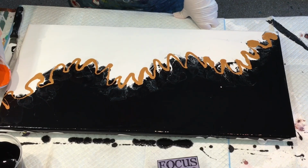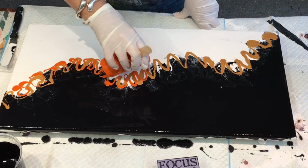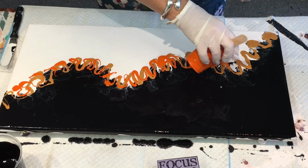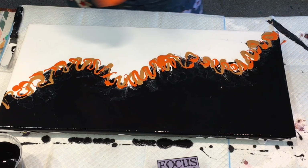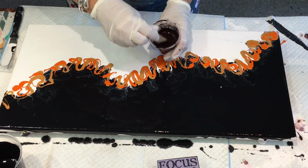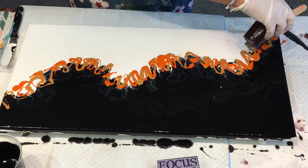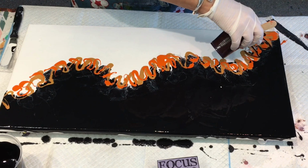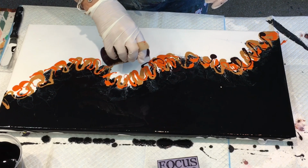I have just added the gold Global metallic paint, and now I'm adding the orange, also Global paint, which hopefully is going to turn out a beautiful composition with the lovely colours. Now what I'm adding there is my Berry Delicious, which is a mix of the deep red with phthalo